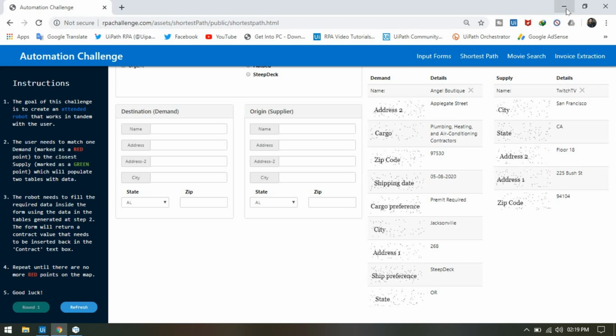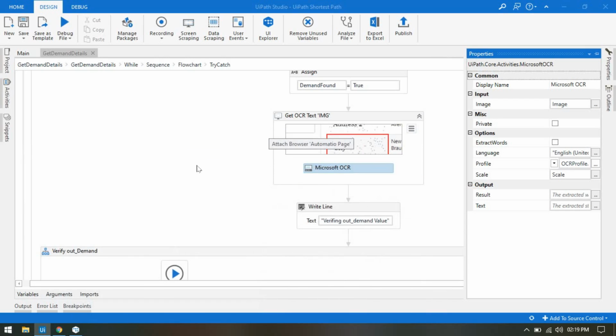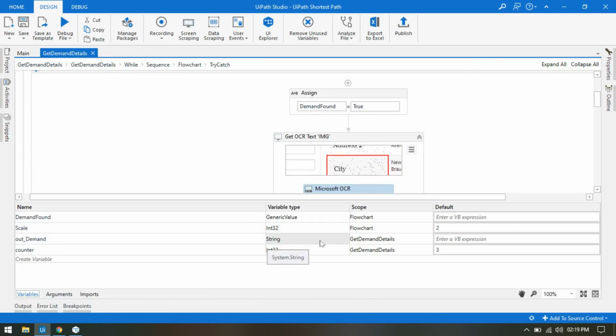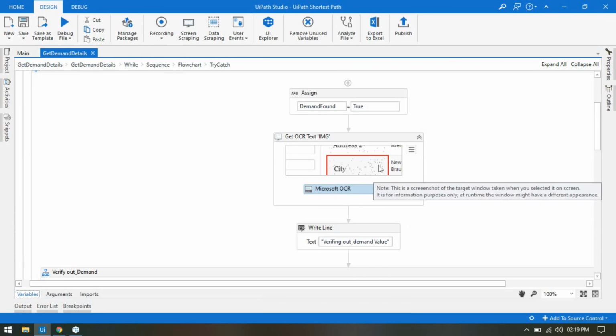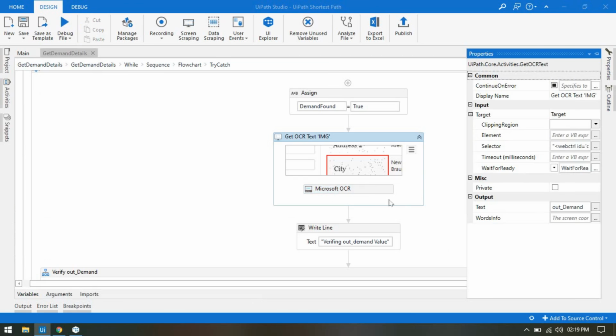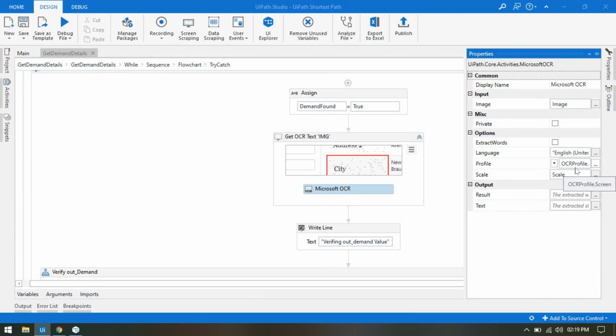So to overcome this issue, I have created one variable, and I tried to start fetching with scale 2. Here you can see the default value is scale 2, and I am putting that value in a variable, and using that variable here with OCR profile dot screen.